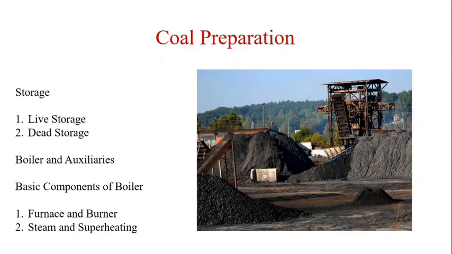Let us see components of a coal-fired thermal power station. The first and foremost thing in a coal-fired thermal power station is coal preparation, that is nothing but the fuel preparation system. In this power station, the raw feed coal from the coal storage area is first crushed into small pieces and then conveyed to the coal feed hoppers at the boilers.